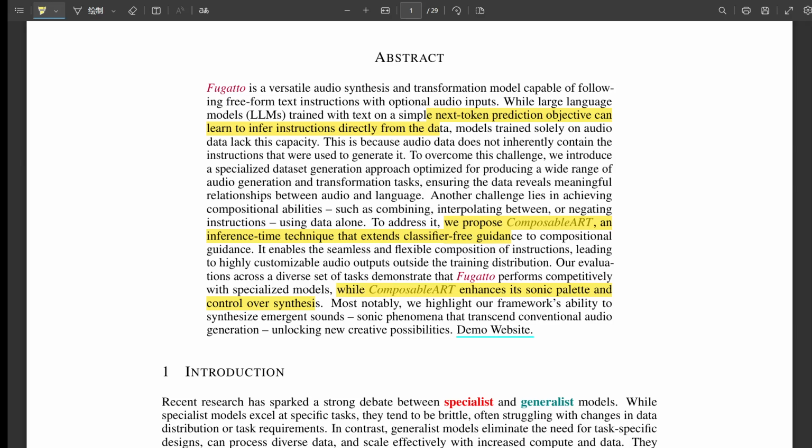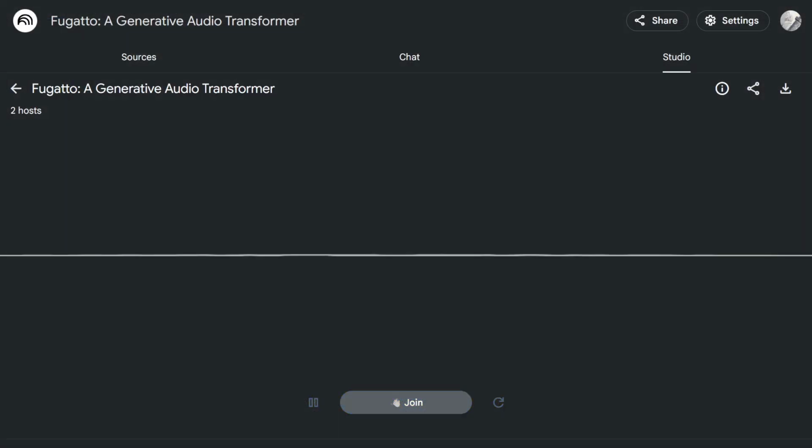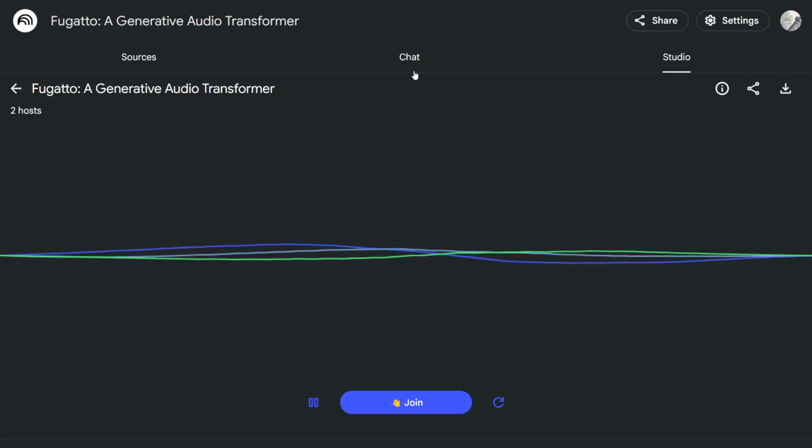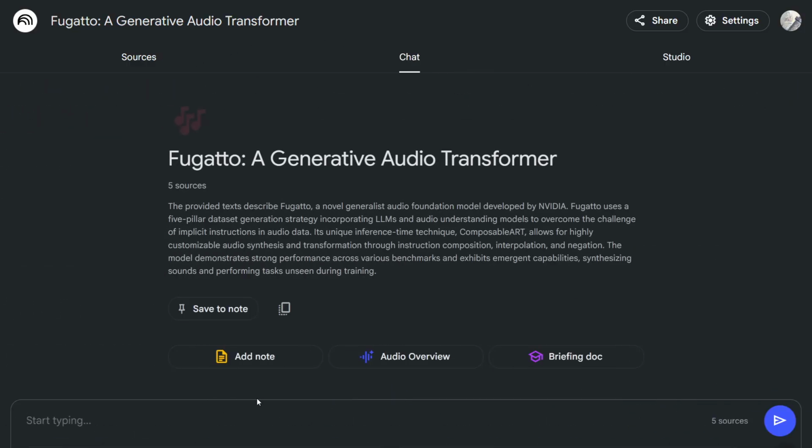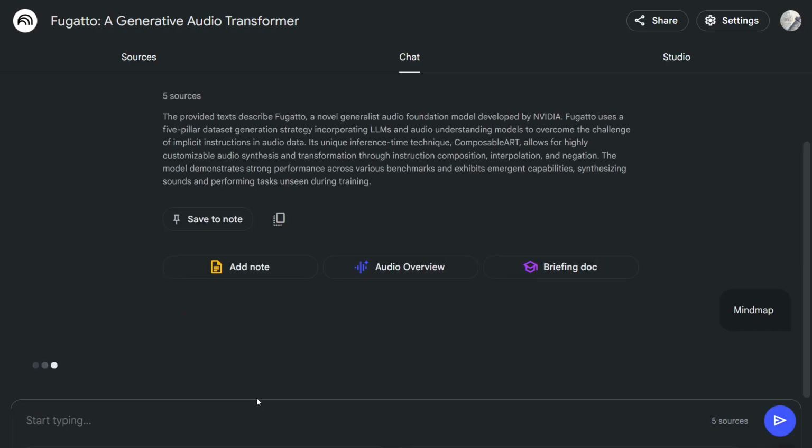And you can give it instructions in plain English. So we're talking about telling Fugatto, make this sound more ominous, like a haunted cello, and it actually gets it. That's the goal. Wow. And the key is how they trained Fugatto. They knew just dumping tons of raw audio into it wouldn't be enough. They had to teach it the actual language of sound.